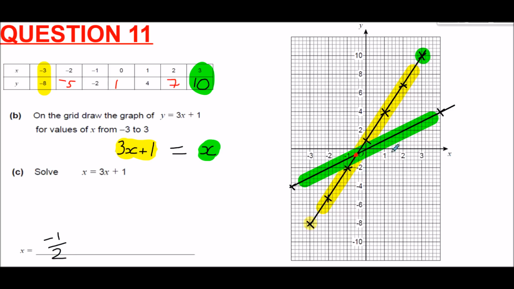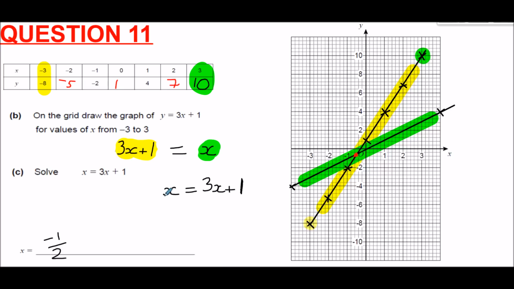So we can do two graphs, see where they cross, and the intersection, where the graphs cross over, that tells us the solution of the equation. I'll just mention another way as well, which doesn't involve drawing a graph at all. This way is just purely using algebra. So if we set out our equation like this,